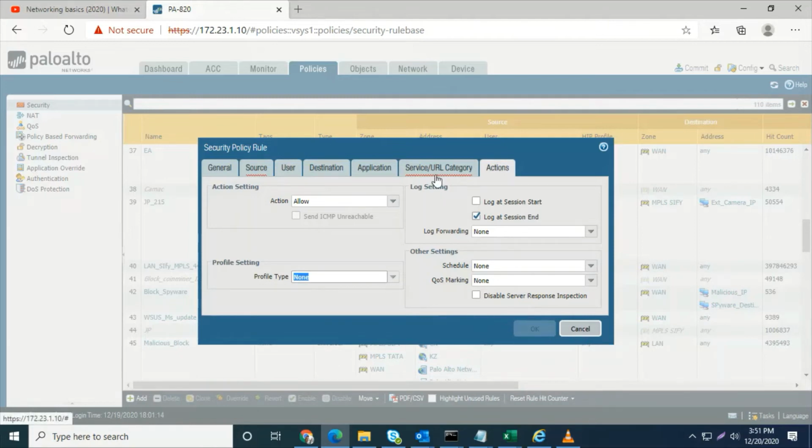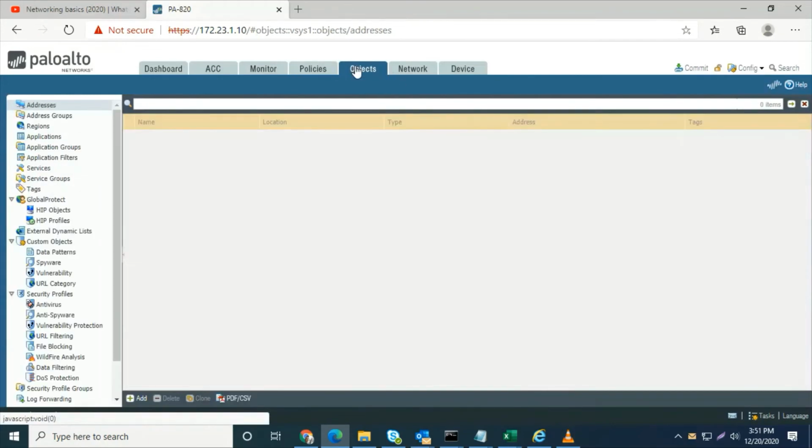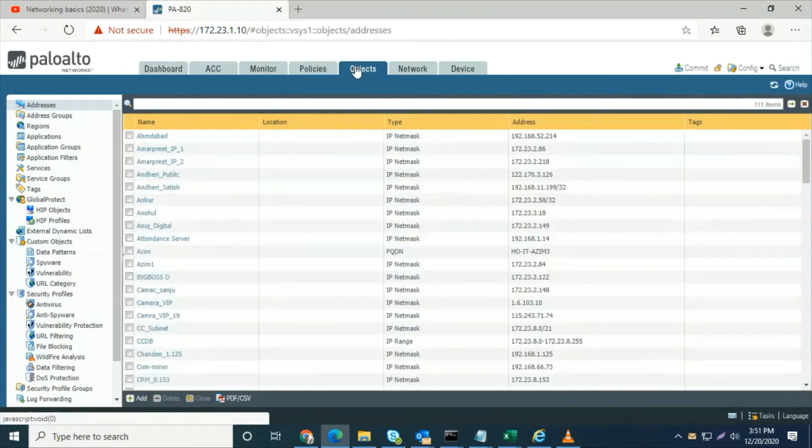I'm not configuring; I'm just showing you how to use the policy window, how you configure policy in your Palo Alto firewall. So content tabs, I show you how you configure the content.